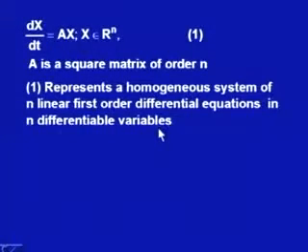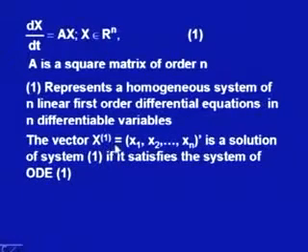variables should be differentiable. We call this a homogeneous system because all the terms on the right hand side, they are involving x or y. There is no term which is free of the variable x and y. So, there is no constant matrix added here, and in this sense we say this represents a homogeneous system of n differential equations. Each equation is linear in its own right, and that is why it is a linear system of differential equations.